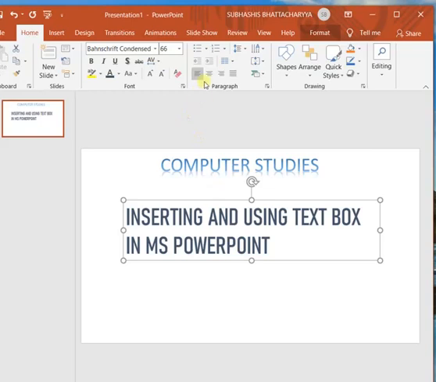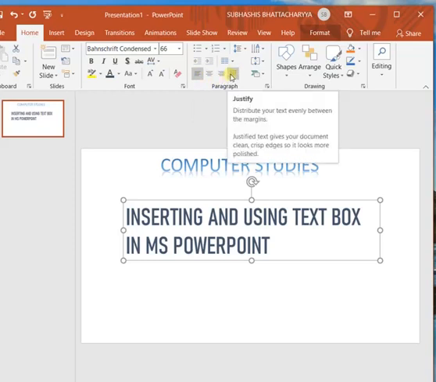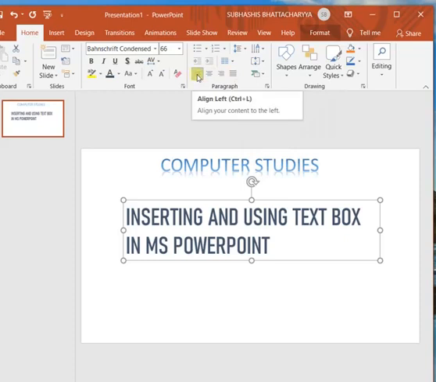Now if I apply this center alignment from here, you can see under the Home tab, in the Paragraph section, the alignments are given here. There are 4 types of alignments: left, center, right, and justify. This is left, this is center, this is right, this is justify. Left I have already told.